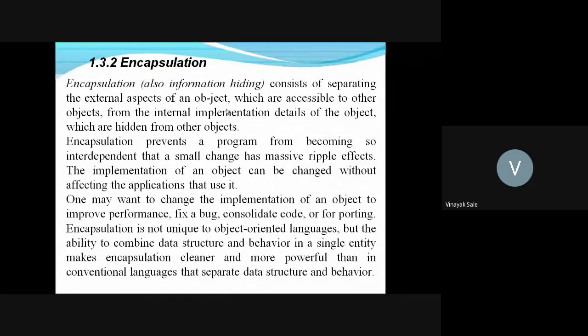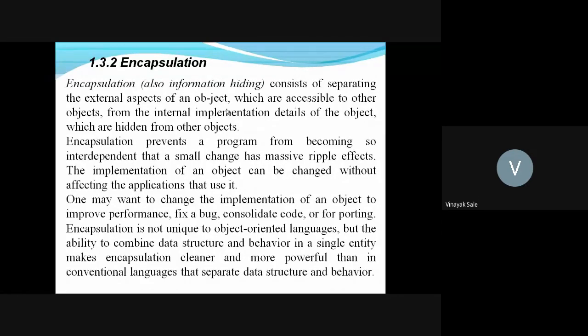Encapsulation prevents a program from becoming so interdependent that a small change has massive ripple effects. The implementation of an object can be changed without affecting the applications that use it.